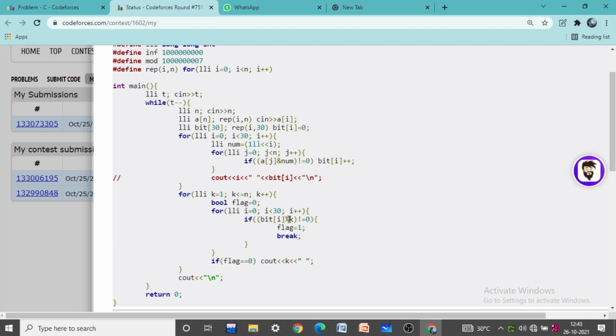So if any of the columns is not divisible by k, we will break here, and only when the flag's value is 0, that is, the count of set bits for each column is divisible by k, is it possible to make all of the elements of the array 0, and only then we will display k.